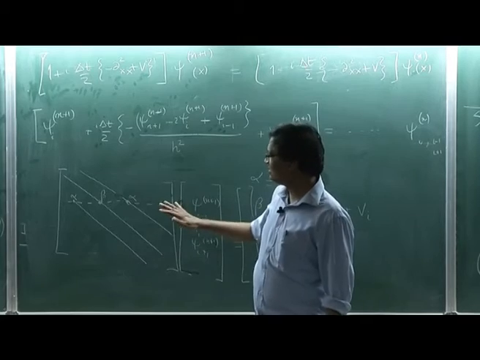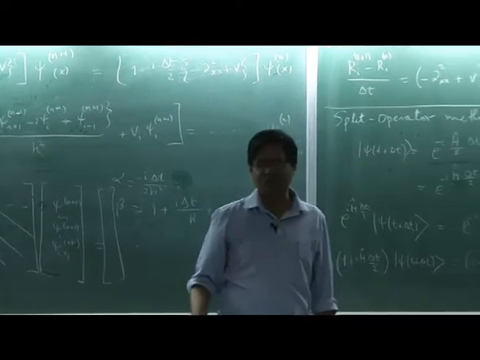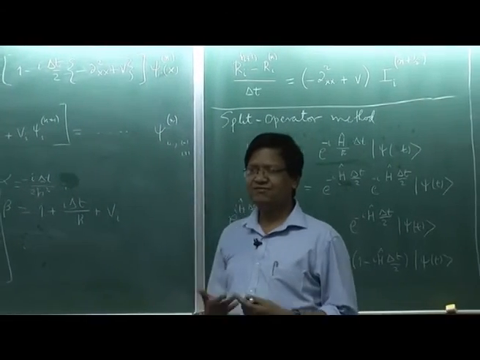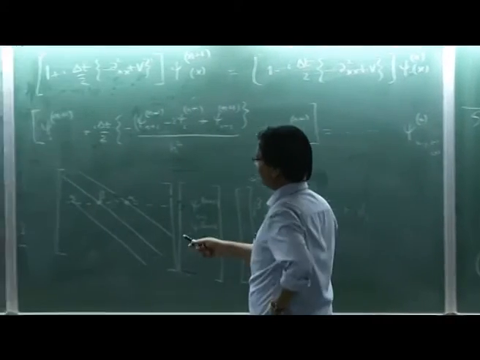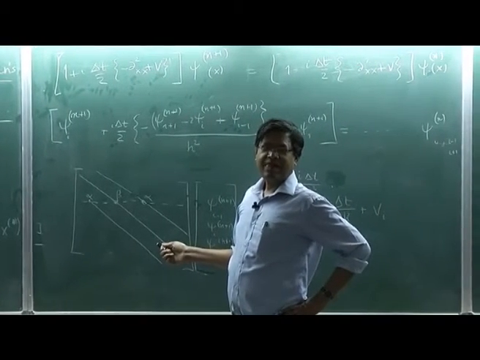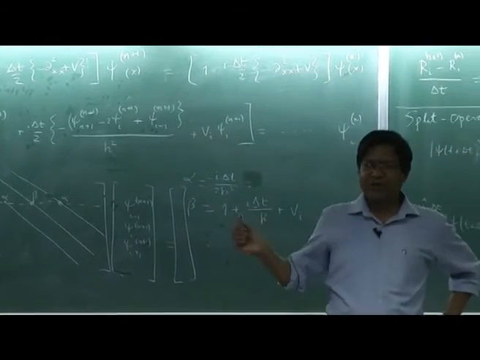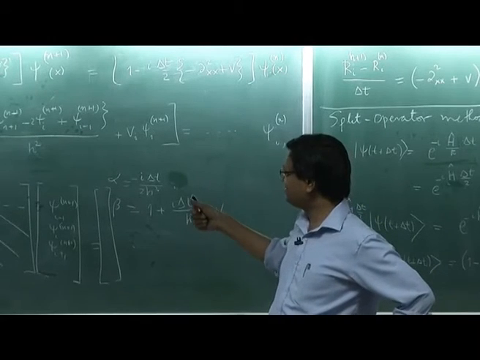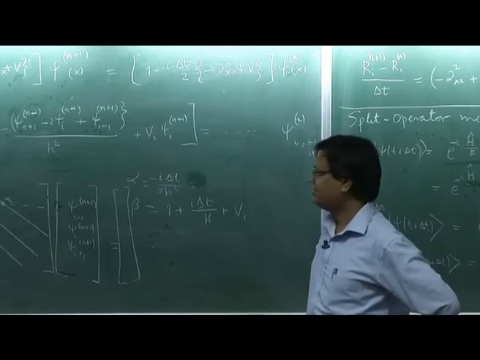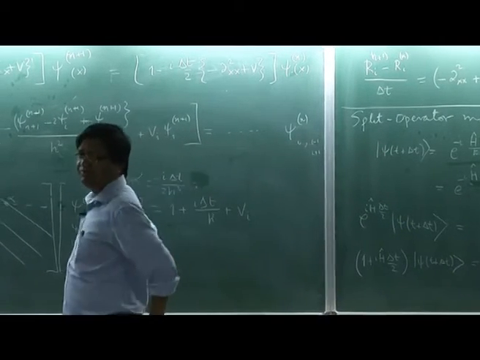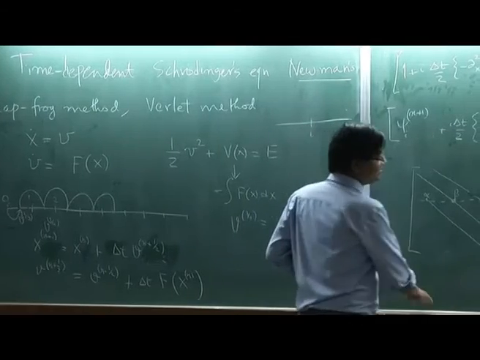Is that clear? So given ψ at n, I can get ψ at n plus 1, and from ψ at n plus 1 I can get ψ at n plus 2. So I can time step and find the wave function at later times, but it involves solving the tridiagonal matrix, and this method is called the split operator method. Okay, I do not recommend this, it is more complex, but you can certainly use the leapfrog method. So these are the two schemes to solve the time dependent Schrodinger equation.